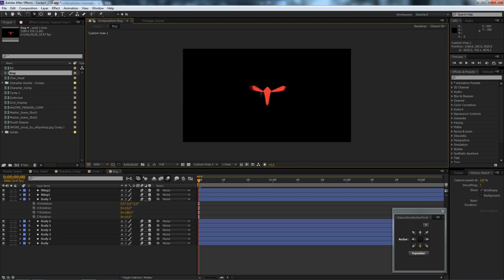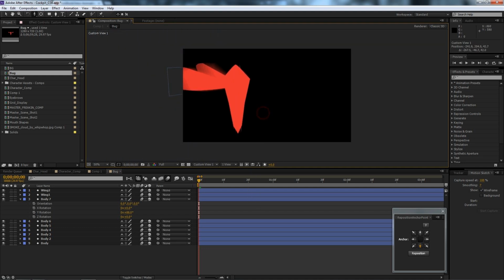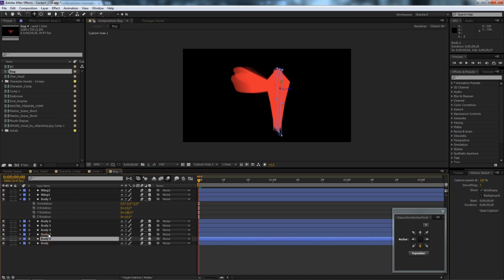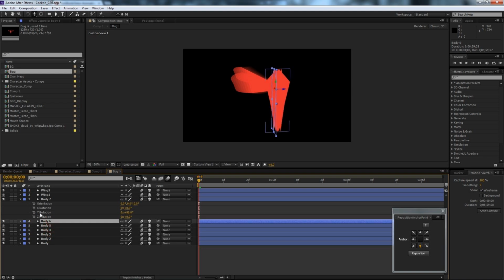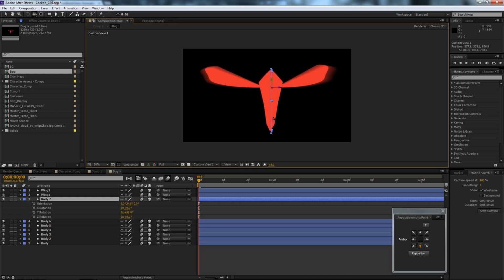For the body, I just used one simple layer, and then multiplied it. Let's zoom in here. Too close, too close. For the purpose of how simple the bug was, I just multiplied the layer and just moved it in Z depth, and then for one of these layers, I just rotated it so that it filled in any of the gaps, so that from any angle it looked like it had a solid body. And then the wings,